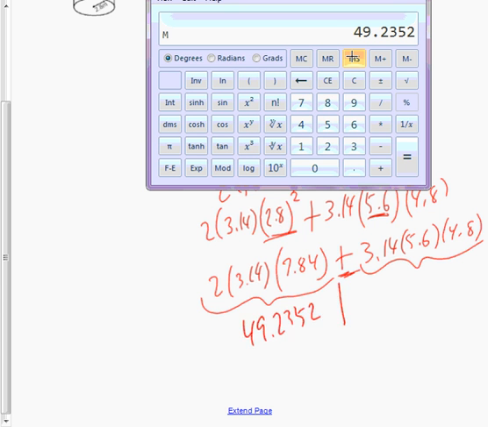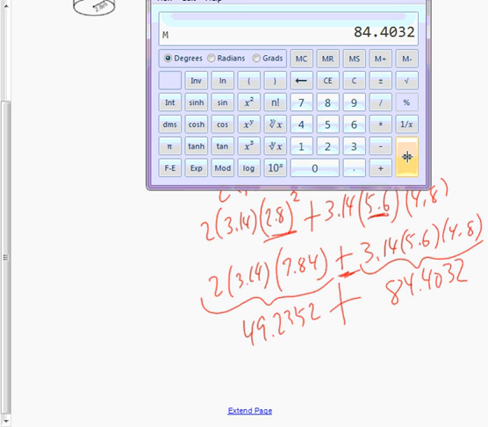49.2352 plus the product of these. So I'm going to multiply these ones out. 3.14 times 5.6 times 4.8 equals 84.4032. Now what I want to add on to that is